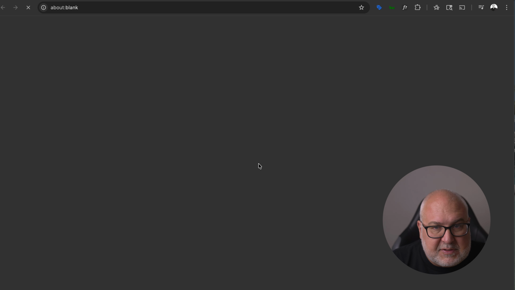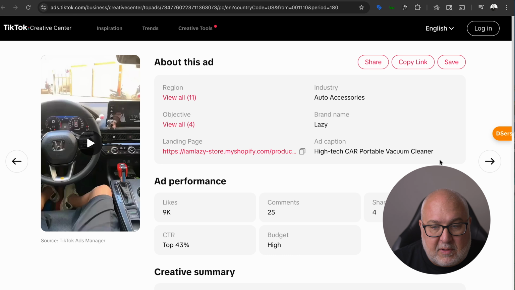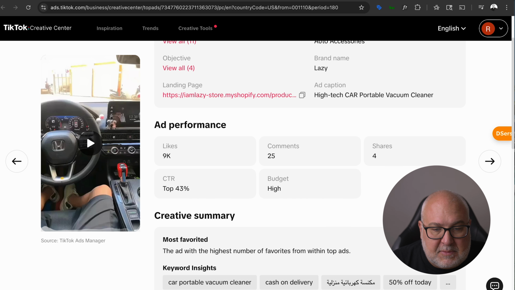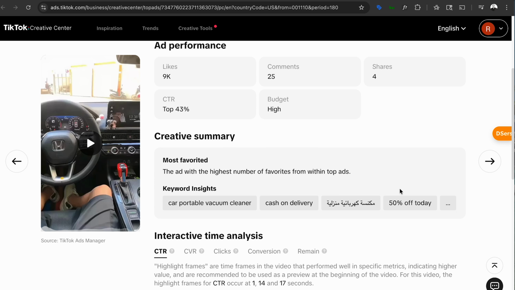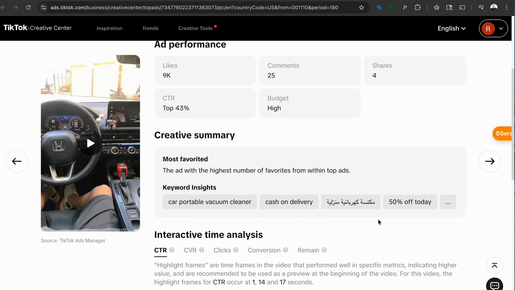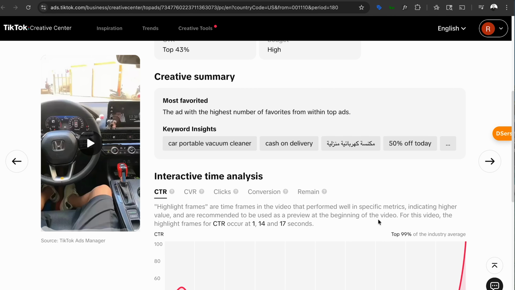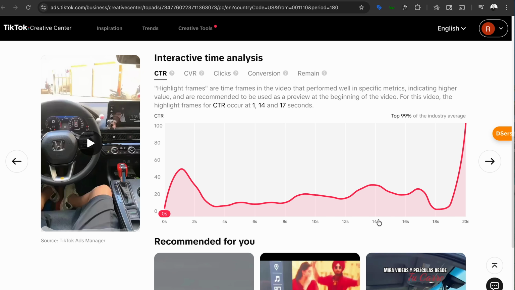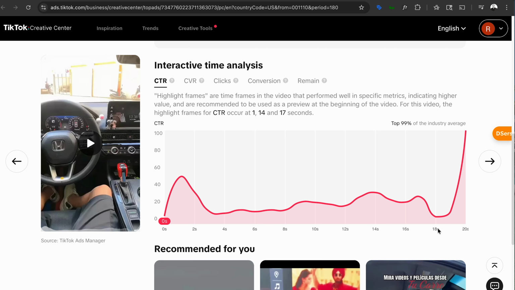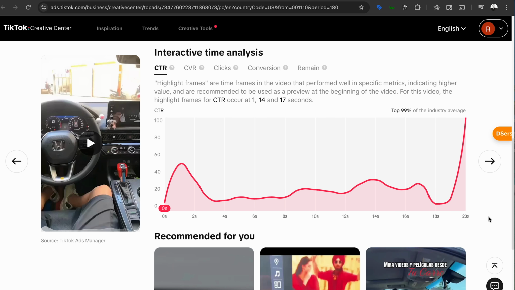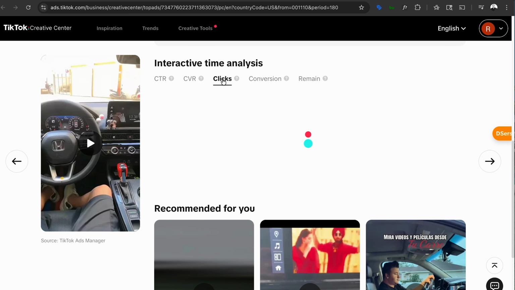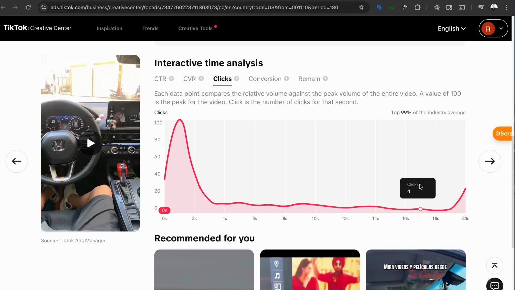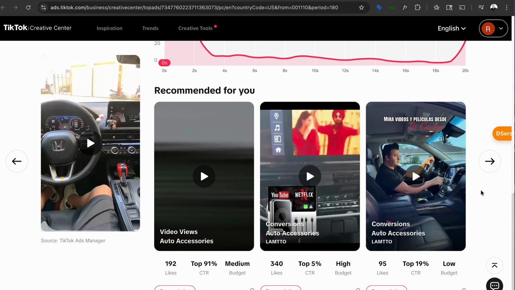And then you can see the individual analytics for the ad itself. So, its performance, how many comments, shares, the click-through rate, keyword insights. That's pretty interesting to see how it's getting served up. And then they even have handy dandy charts for you, so you can see how it relates to the other ads of its type. So clicks, so it's the relative volume that it's seeing, and then it has other suggested